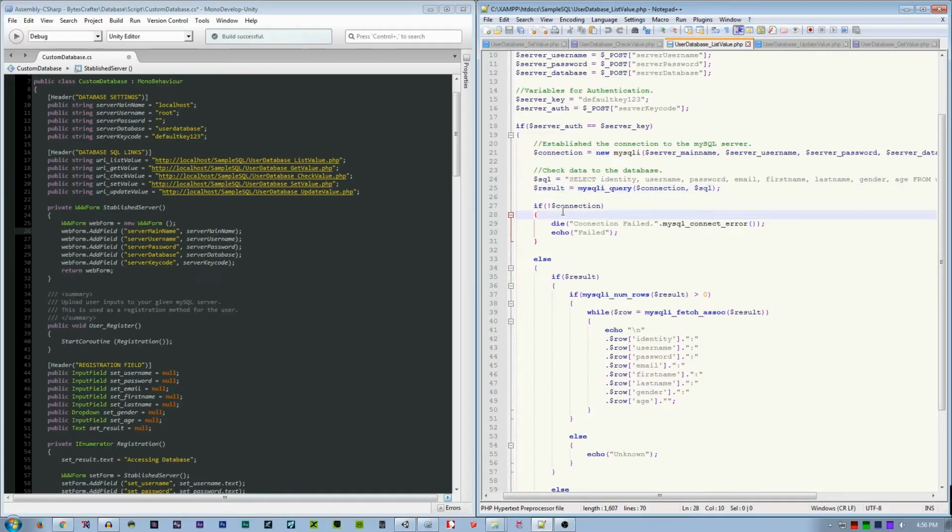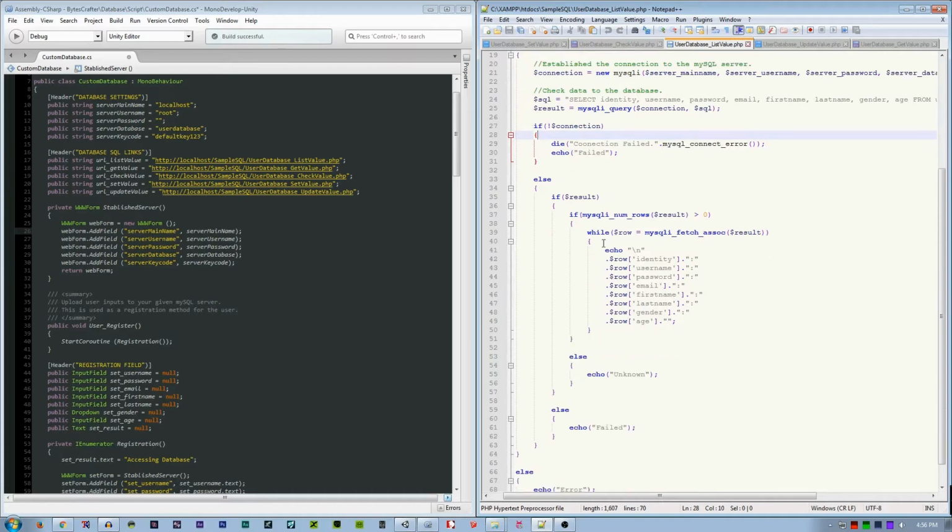So if the connection failed, die, connection failed, MySQL connect error, and echo return failed. Else, if the connection was a success and there was a result, continue.